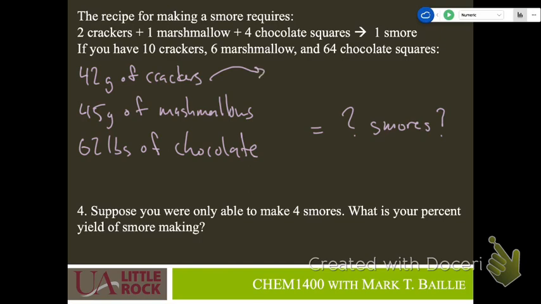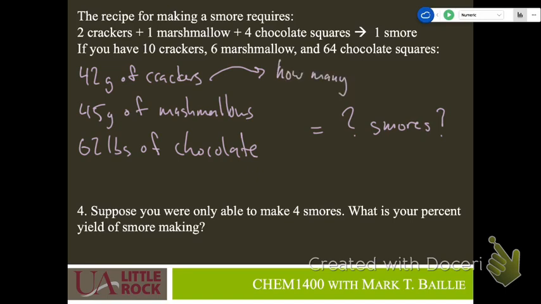So we need to be able to convert from how heavy to how many. Does that make sense? If you knew that every graham cracker was half a gram, we would know exactly how many graham crackers we had. If we knew that every marshmallow weighed 2 grams, that wouldn't work mathematically, but you catch my gist, right? Then we could figure out how many, and then if we knew how many, we could figure out which one runs out first. So we have to go from how heavy to how many.